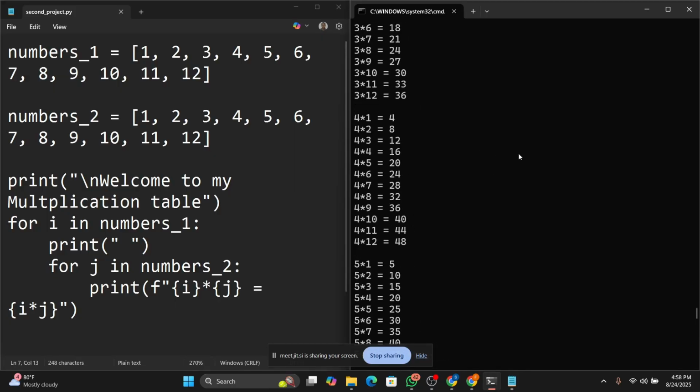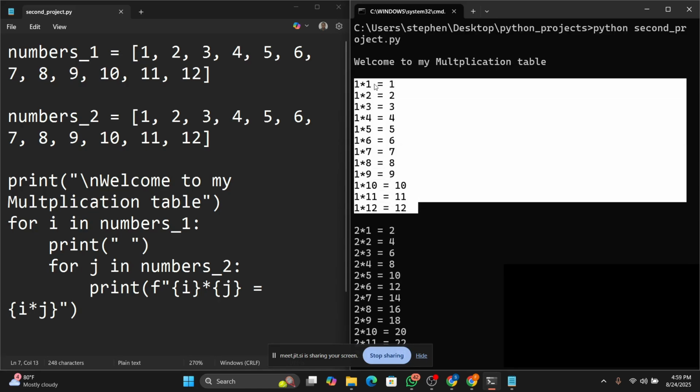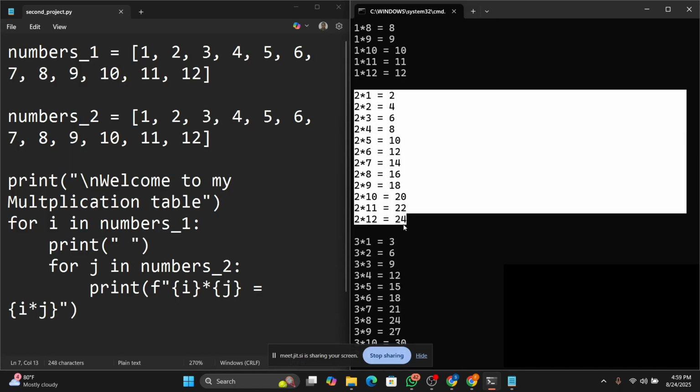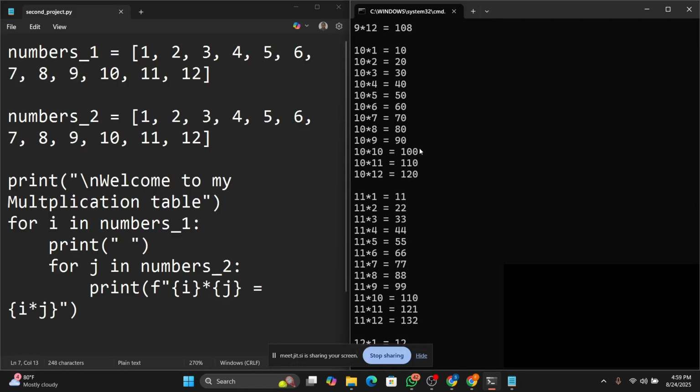You see, it's now looking much better. The 1 times is like this with a nice space here. Okay, the 2 times is separated here with a nice space here. The 3 times and then all the way to 4 times. But